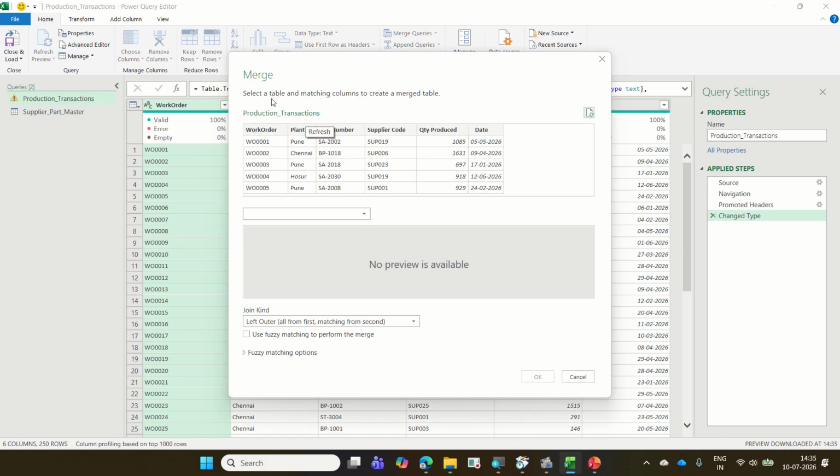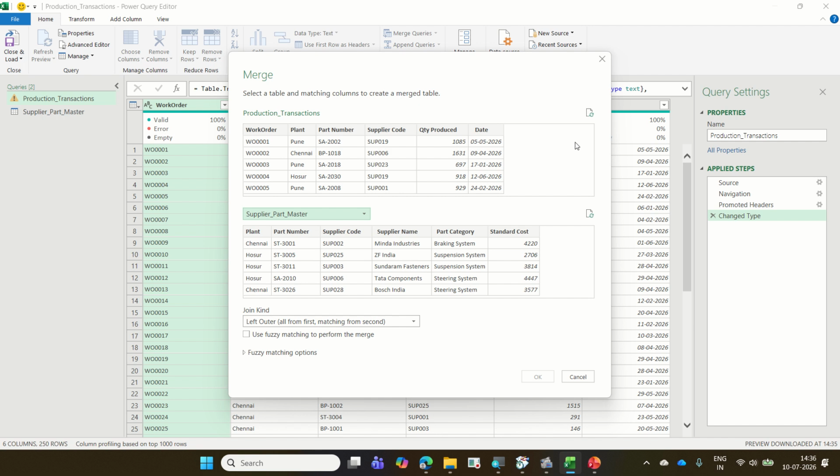Already the production transaction is on top, then supplier master, then plant name, plant name. Part number, hold the control key, part number, part number. Plant name is the first match. In that plant name, the particular part number, or you can select supplier first, then plant. Both are the same, it's not required. It should be in order. Supplier code, supplier code. If all three are matching,